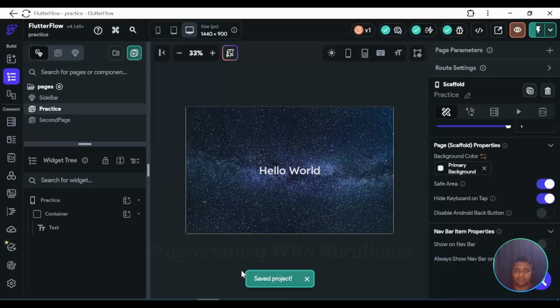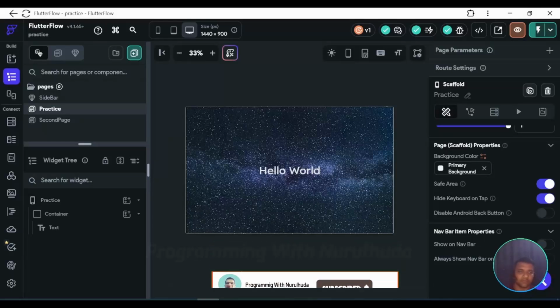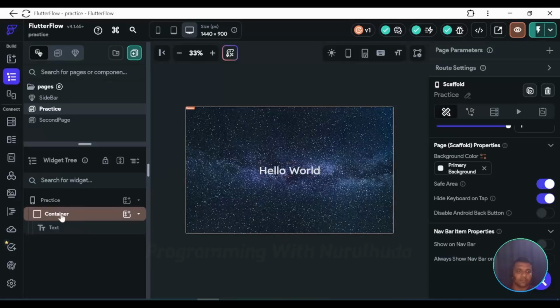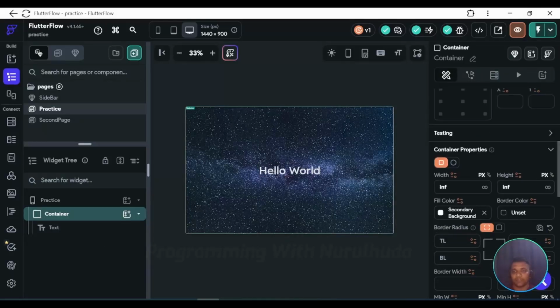Hi, in the previous video we saw how we can add a background image in a container, and now we can set the container width and height also. So we can see how we can set the container and its height manually. Select a container, and on the right side are the properties. Currently width and height are both infinity, but I want to add